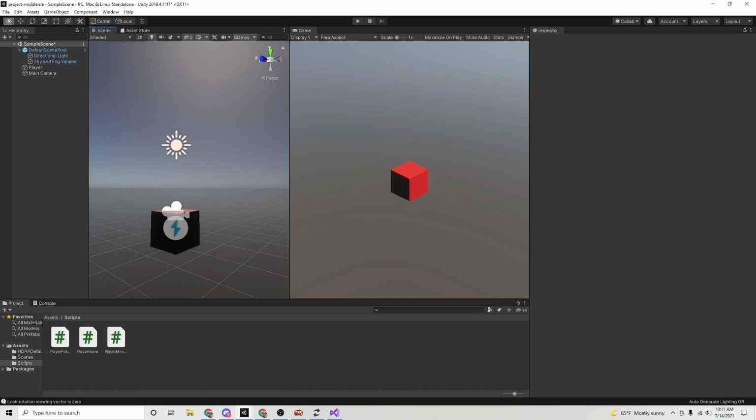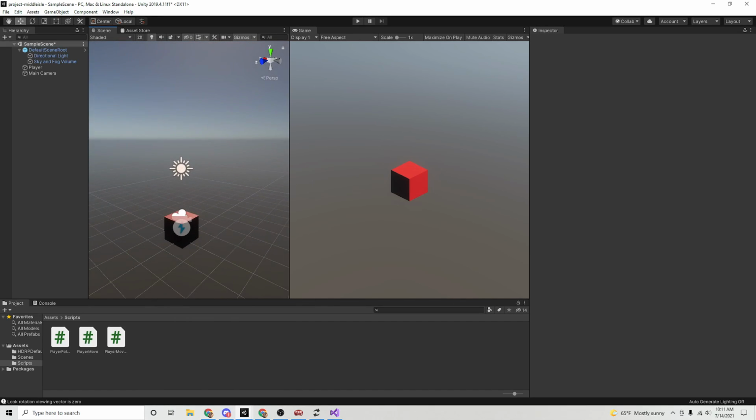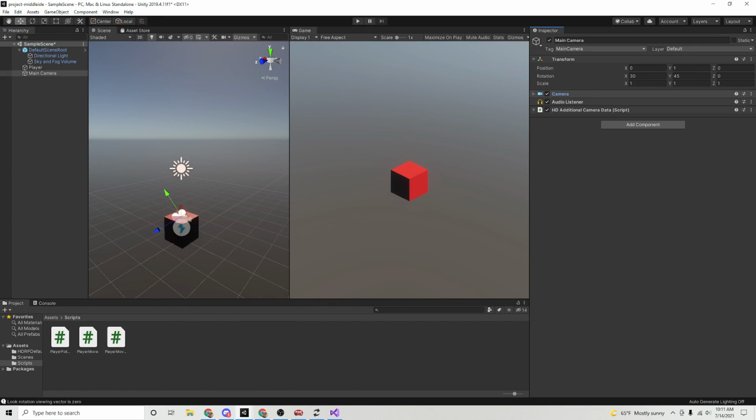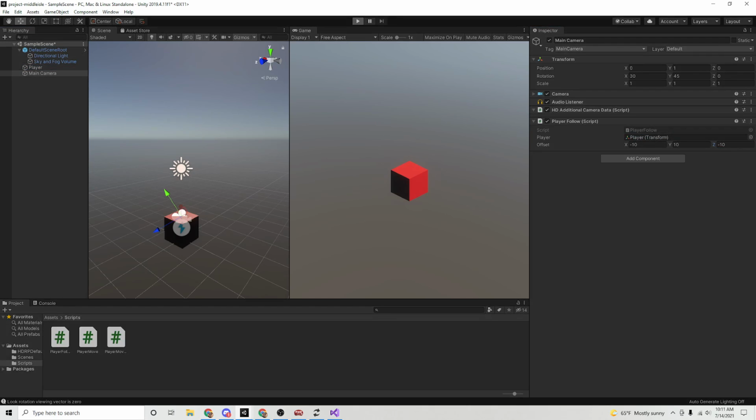But then also I am going to want to add our PlayerFollow. Set this to -10, +10, -10, and put our player right in there. And then, when we play,